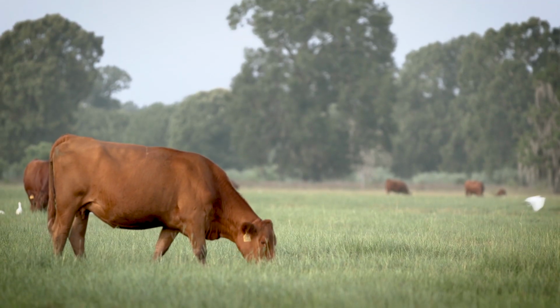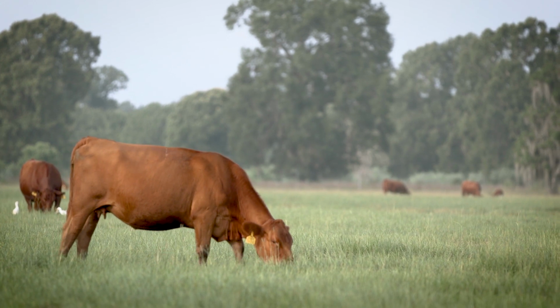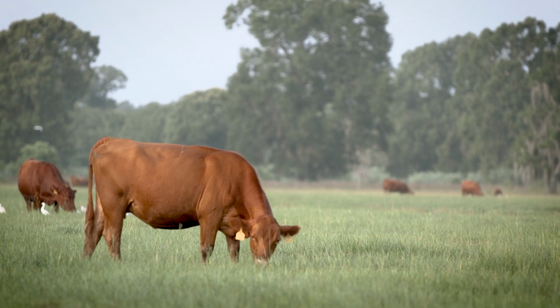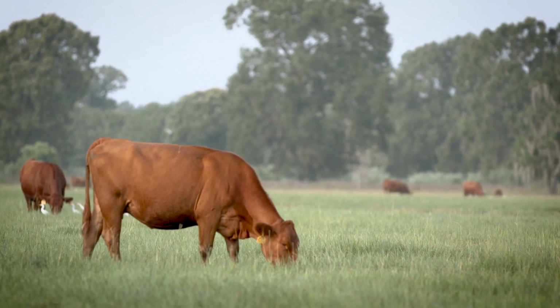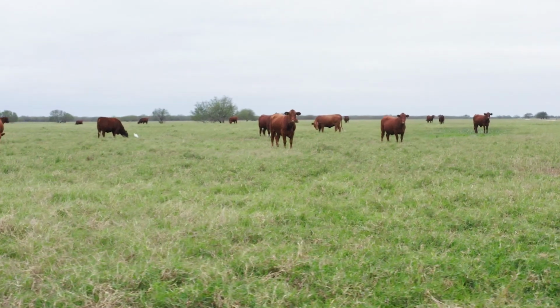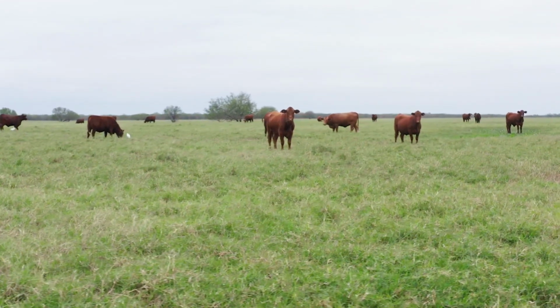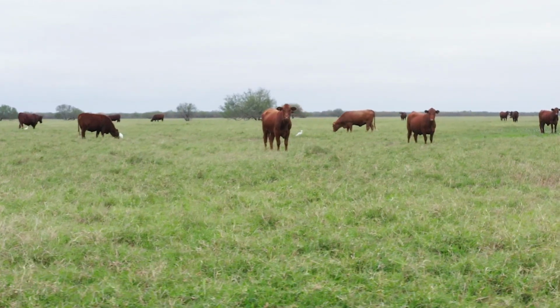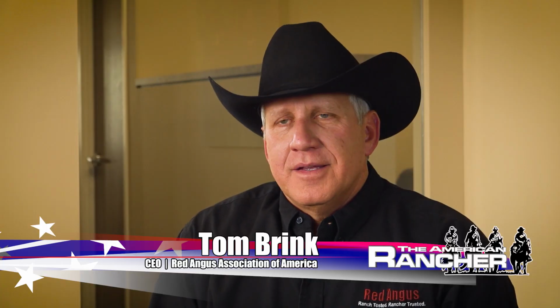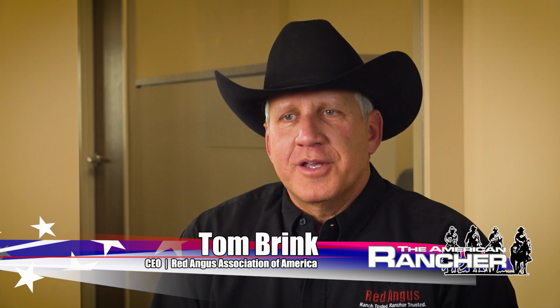The FCCP tag program is just one more way the Red Angus Association is actively working to bring more profit to commercial cattle operations nationwide. Now, with the association's collaboration in the American Red program, ranchers have even more opportunity to profit from Red Angus genetics. The Red Angus Association of America is very excited to be working with the Santa Gertrudis breeders